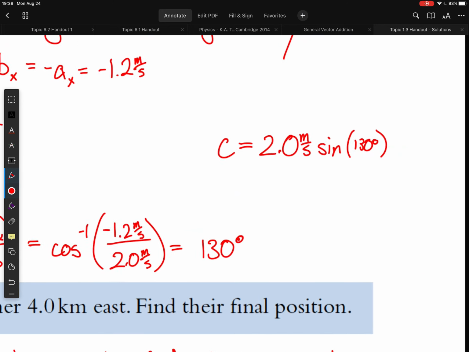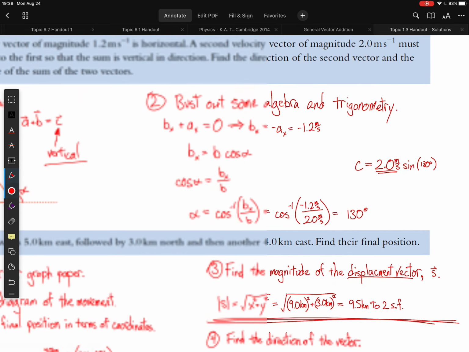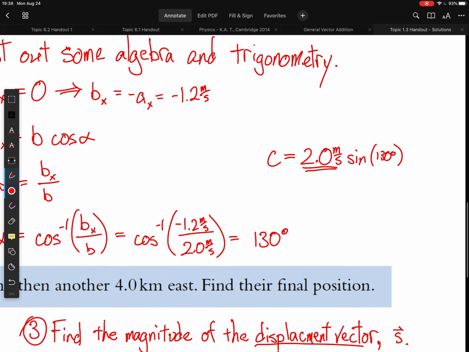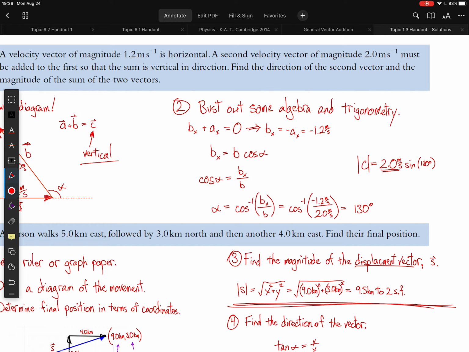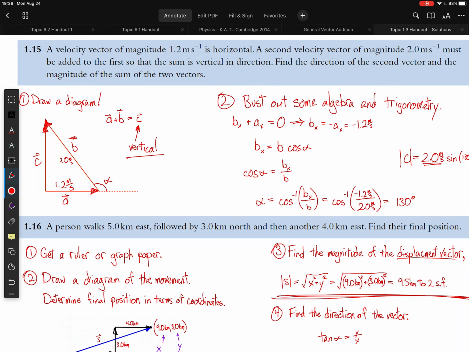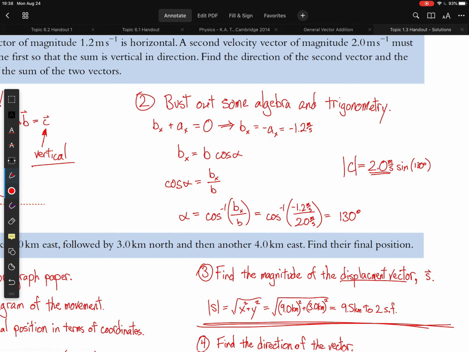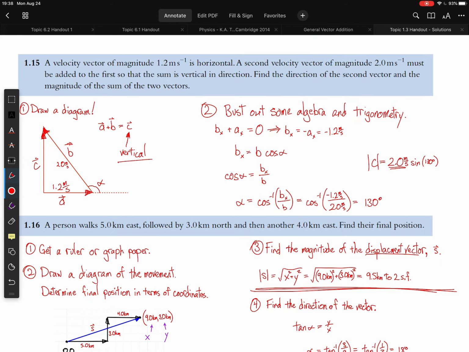So the hypotenuse is 2.0 meters per second, the hypotenuse of this right triangle. And so we just need the sine function to find the magnitude of C. And since it is vertical, the magnitude is basically the defining characteristic. Okay, so there is 1.15,